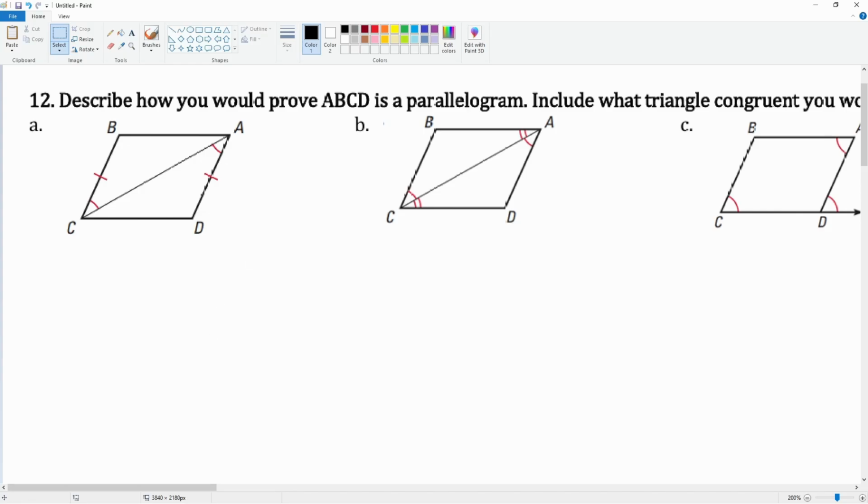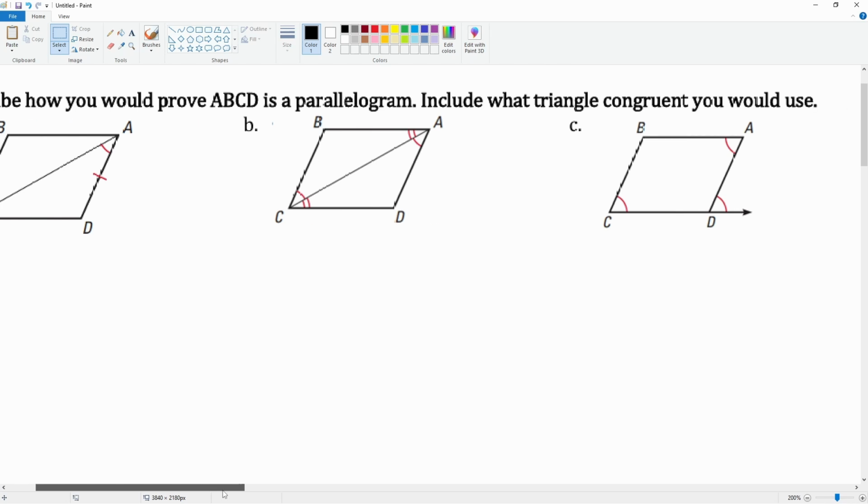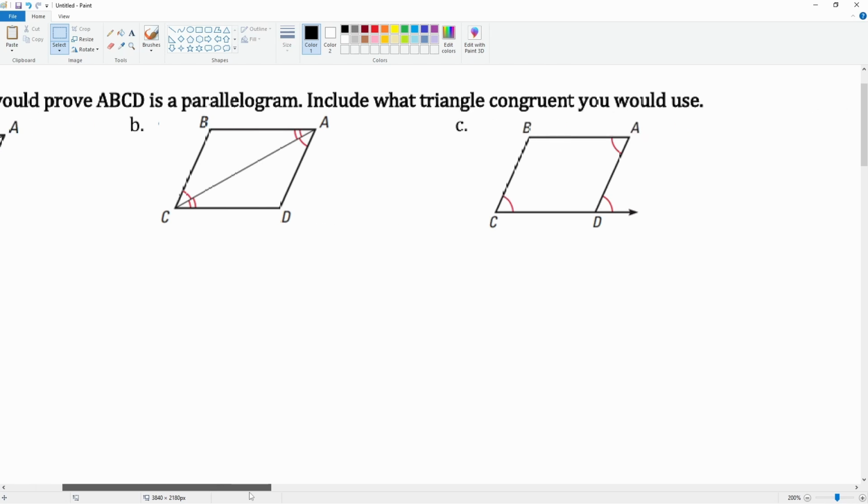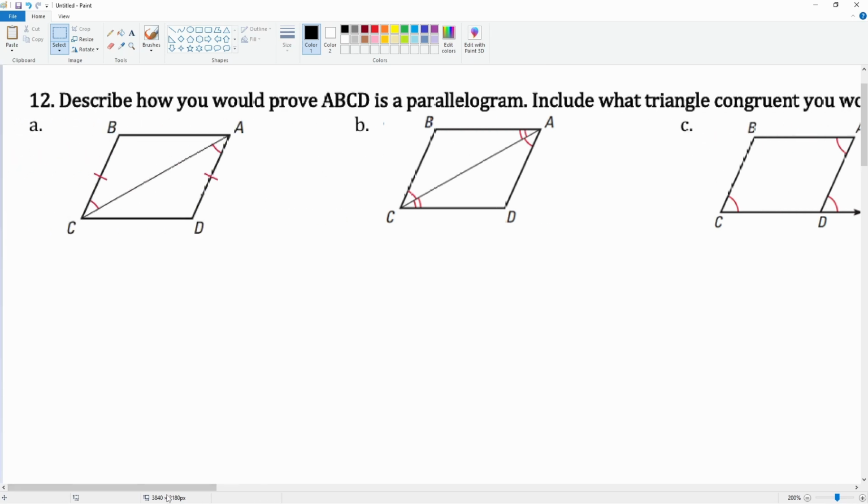Okay, so you're going to describe how to prove that this ABC is a parallelogram. Include which triangle congruency theorem you would use. Well, for this one, I have a side and an angle. Oh, I can get reflexive, so I can get an extra side here. Same thing here, side, angle, side. So here I can show that